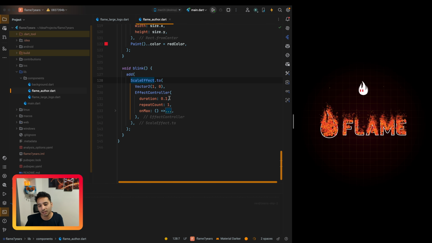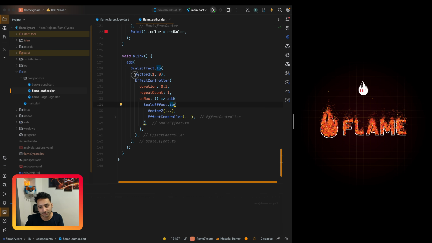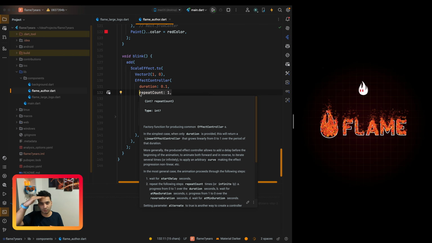I say that it is going to 1 for x and 0 for y, which means the y is going to be collapsed, but the x stays the same. The duration is 100 milliseconds, and it has a repeat count of 1, so we do this once.